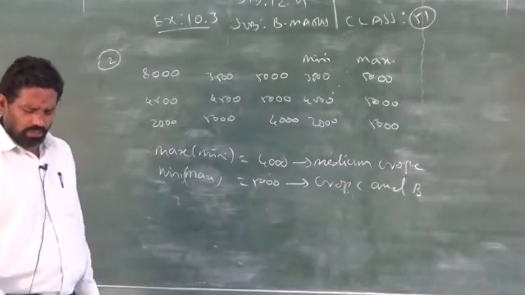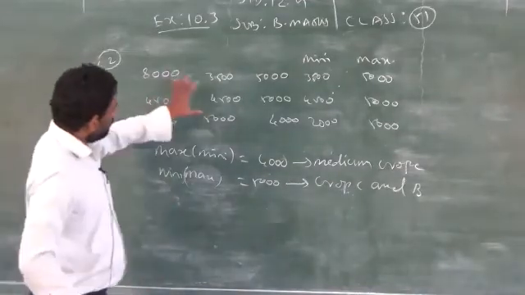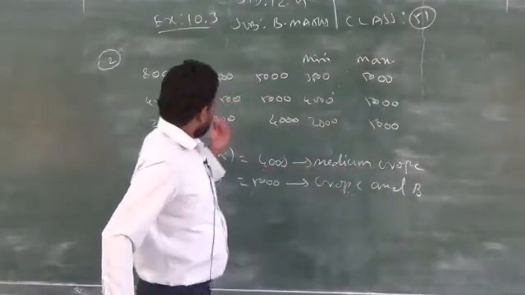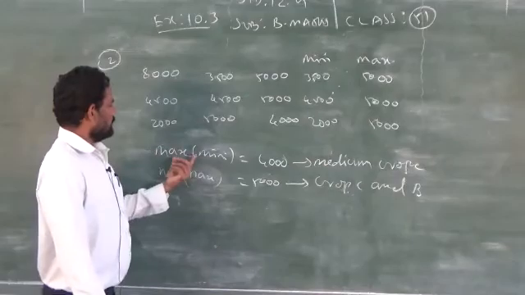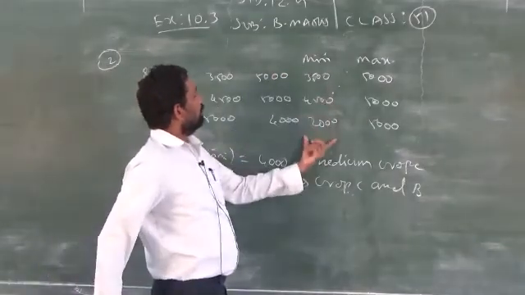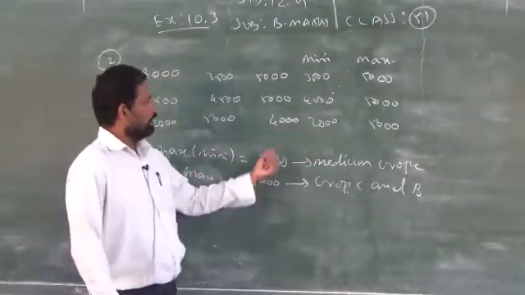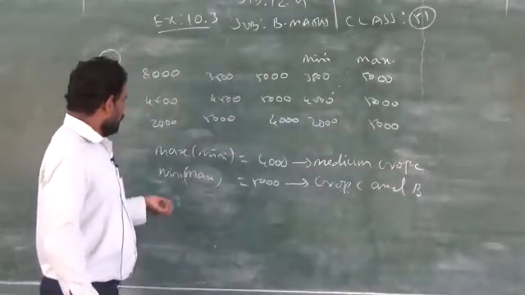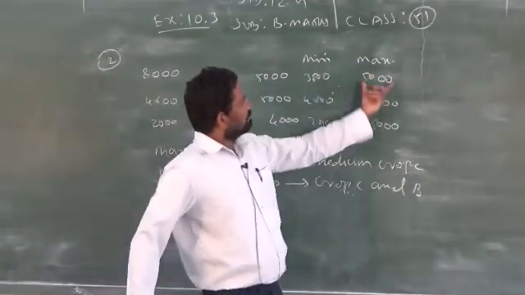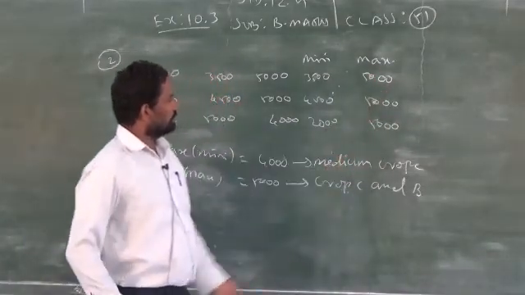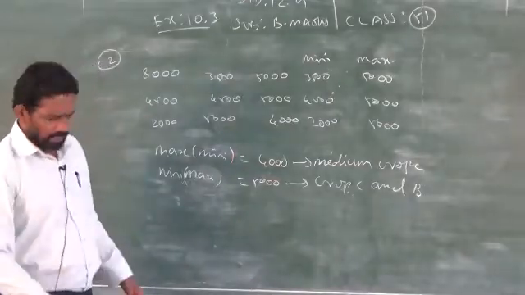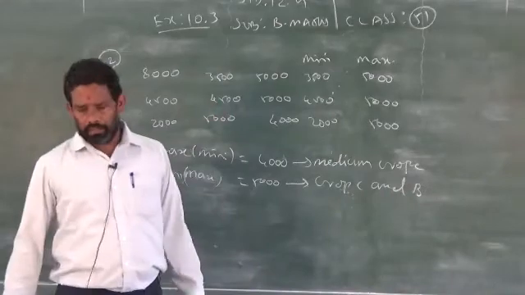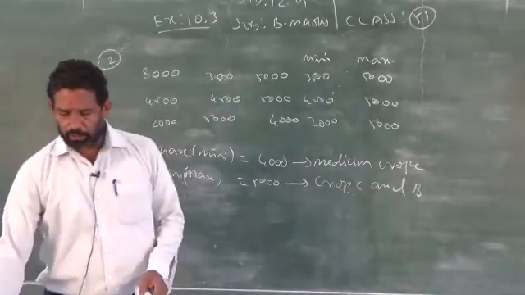For the answers to questions 3 and 4, please follow the same method. You draw the tabular column, write the minimum value and maximum value. According to the question, maximin, in the minimum column, which one is the maximum? 4,000. 4,000 stands for medium as well as group C. You have to write both. Clear? Then minimax. In the maximum value, you have to take the minimum one. Nothing is there, only 5,000. 5,000 comes under both medium and high, group C as well as group B. Clear? Likewise, you have to complete the remaining 2 problems.